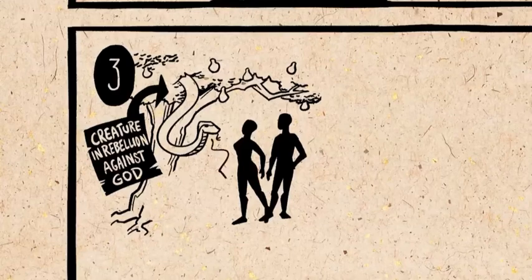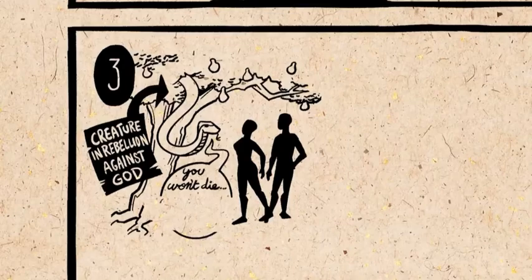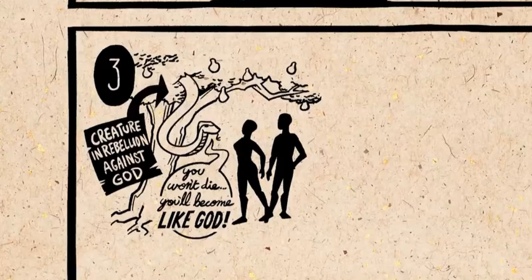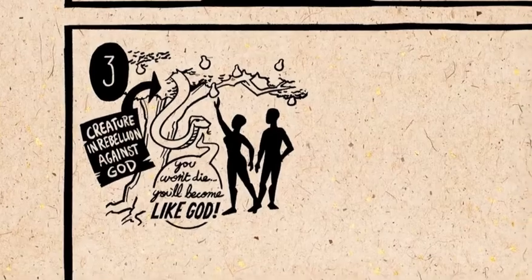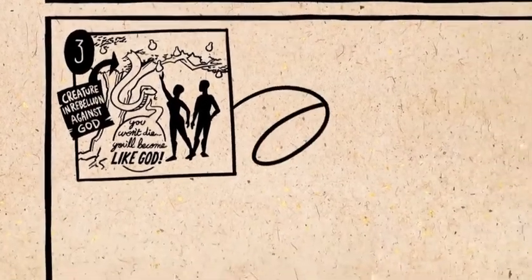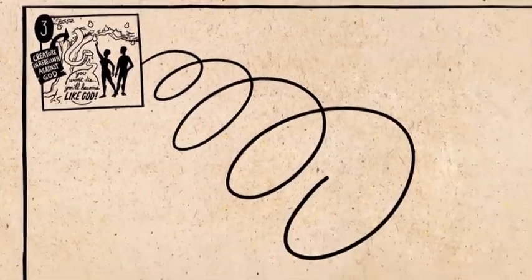It says that seizing the knowledge of good and evil are not going to bring death, that it's actually the way to life and becoming like God themselves. Now, the irony of this is tragic, because we know the humans, they're already like God. They were made to reflect God's image. But instead of trusting God, the humans seize autonomy, they take the knowledge of good and evil for themselves, and in an instant, the whole story spirals out of control.